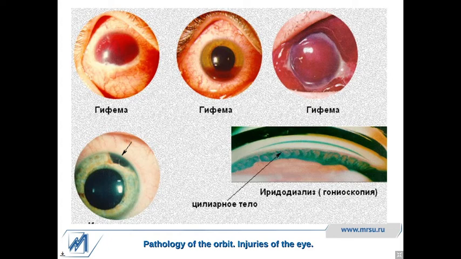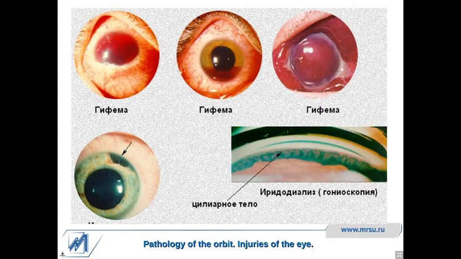There is no vision of iris through this hyphema. And on the second, we see the level of the blood. It is partial hyphema. On the fourth picture, we see the iridodialysis. It is